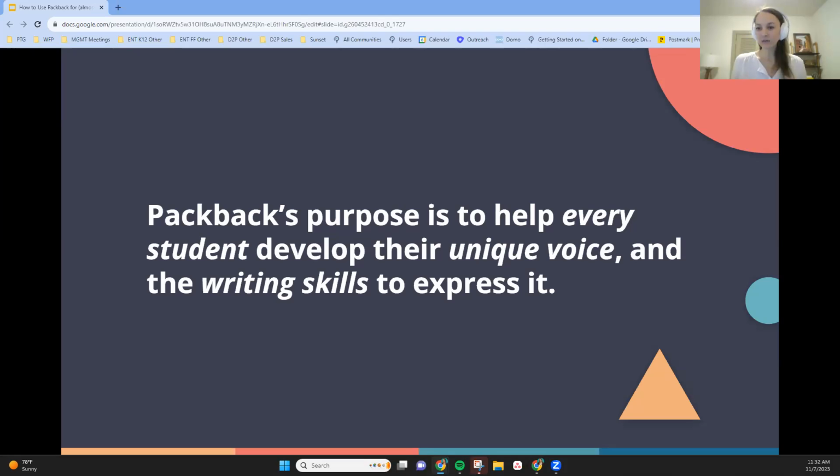So, thinking through what makes sense here is, if your most important objective is to have students use perfect APA formatting, then Packback might not be the perfect place for that. But if your objective is to have students do more high quality research or support them writing, including evidence, using strong sources, or if you really want them to participate in class, pieces like that, it's going to be a